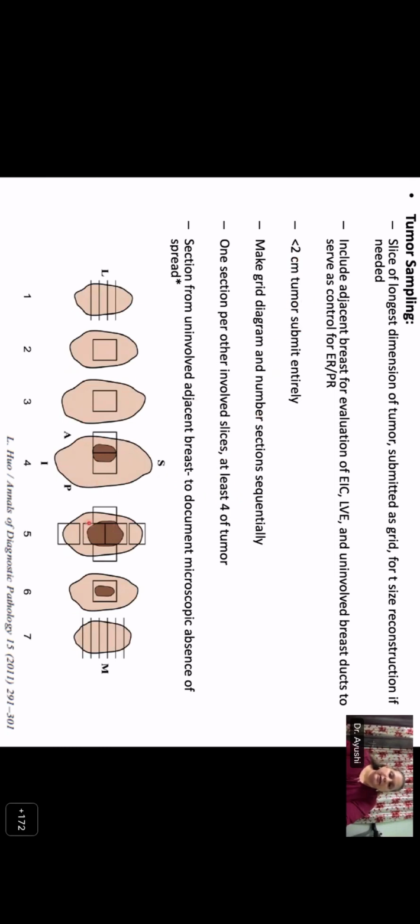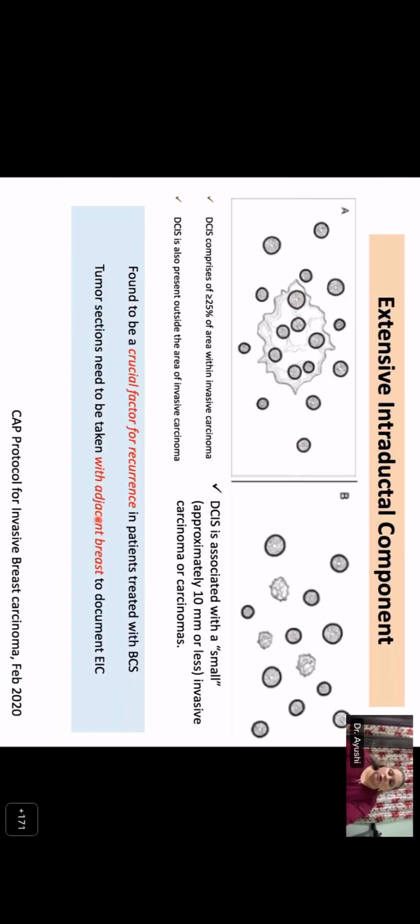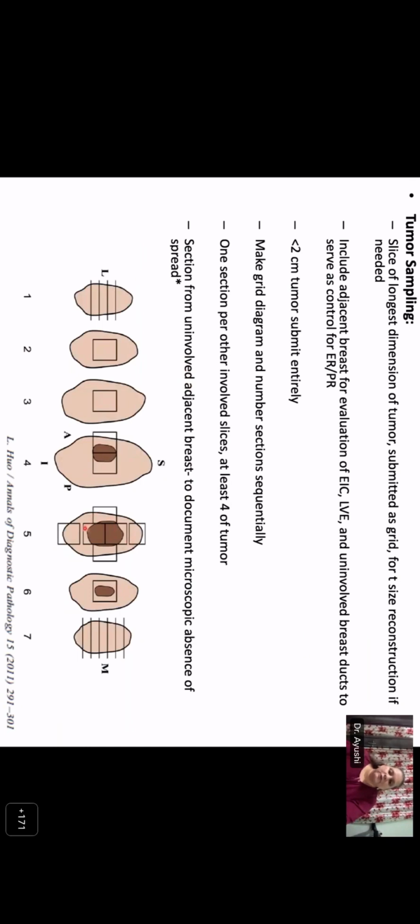And we should also make a grid diagram on the accompanying form and number the sections sequentially so that we can reconstruct it when we are seeing it on the microscopic examination. Also, when we are taking the tumor section, we should always remember to take some amount of adjacent uninvolved breast along with the tumor to document presence of EIC, lymphovascular emboli, and uninvolved breast ducts to serve as control for estrogen